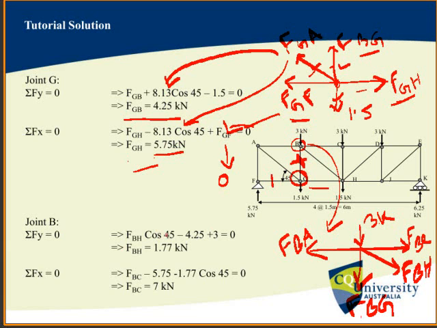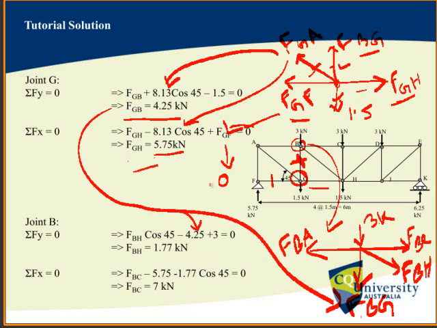So FBH cos 45 minus 4.25, FBG equal to 4.25. We got this value from our earlier equations, and plus 3 kilonewton, that is directly applied to this point. After putting this value and calculating, we will get the value